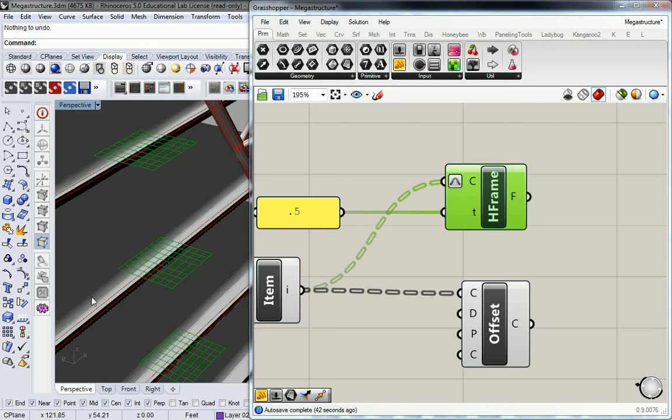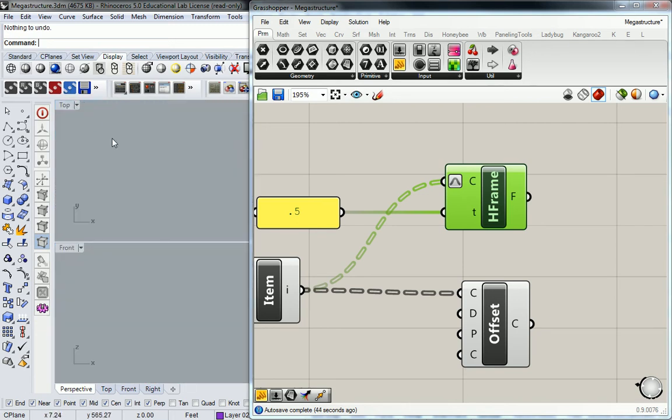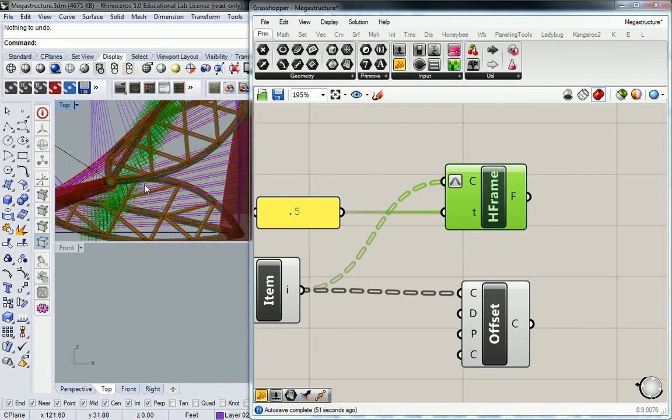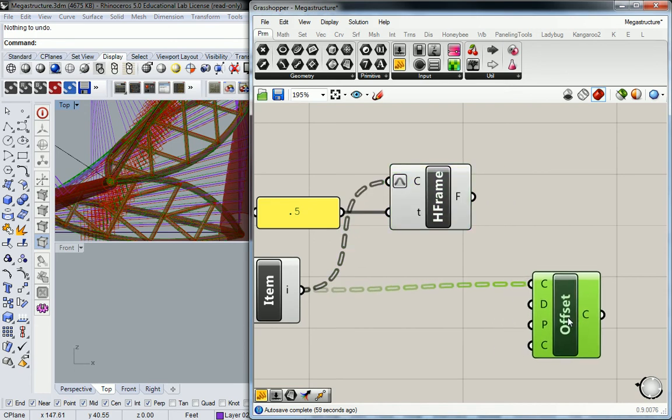orientations. And if you look at it here in the top view, you should see that each of those planes, where is it? Here, yeah, there we go. So each of those planes is accurately rotating with each of the curves. That's important because when we plug these planes in to be used as our offset orientation,